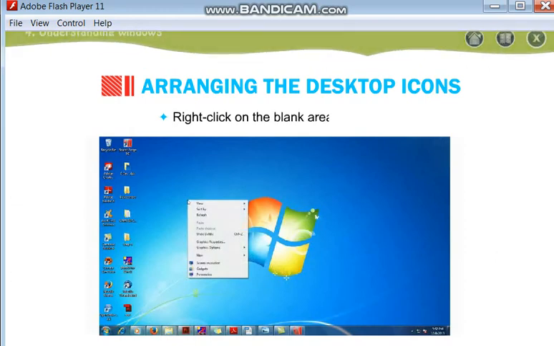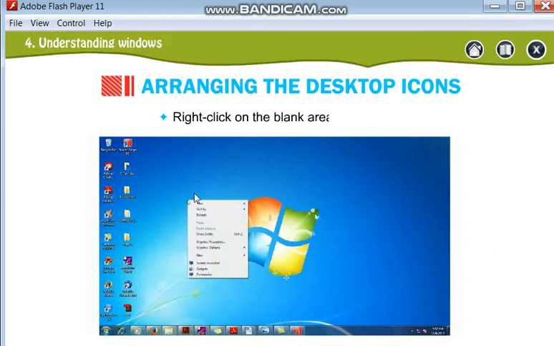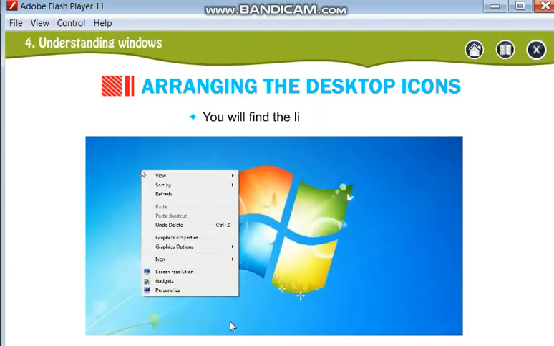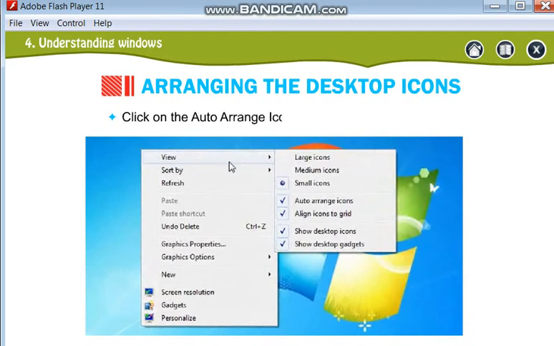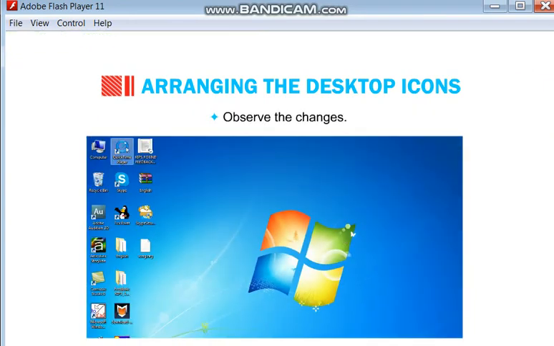To do so, right click on the blank area of the desktop. After right clicking, a menu will open. In the list of options, select the view option. Now in the view option, click on auto arrange icons. Observe the changes.